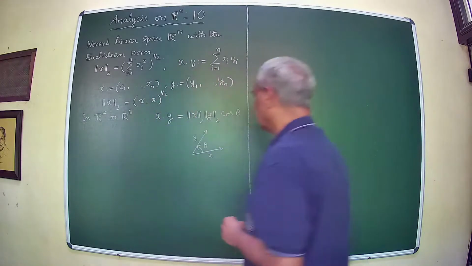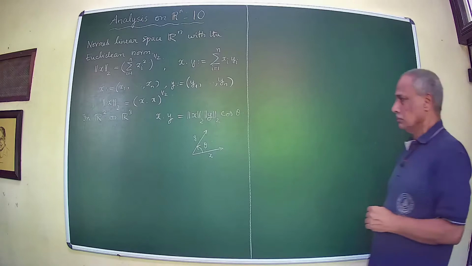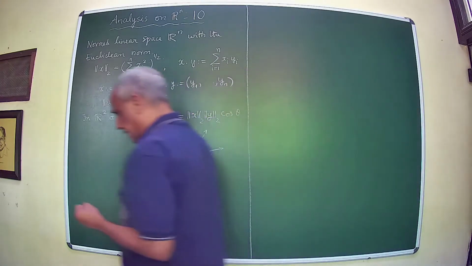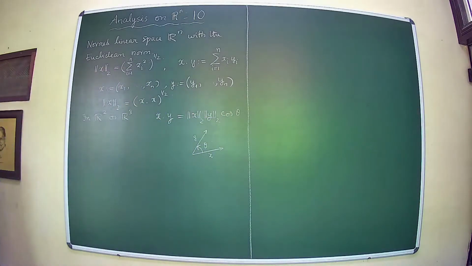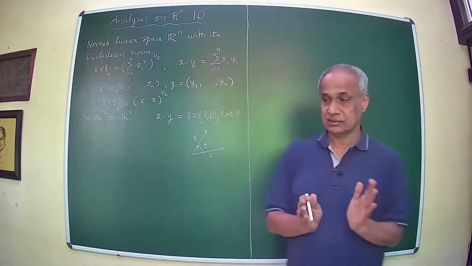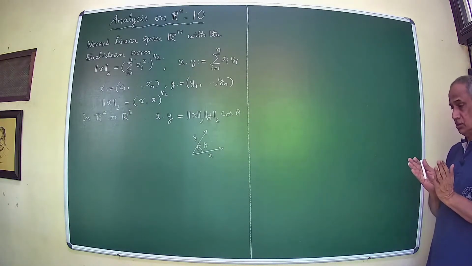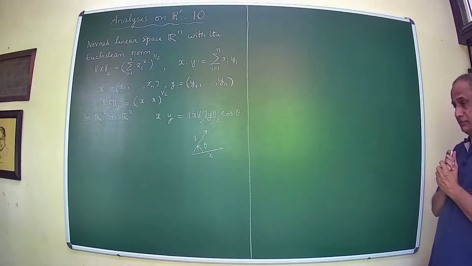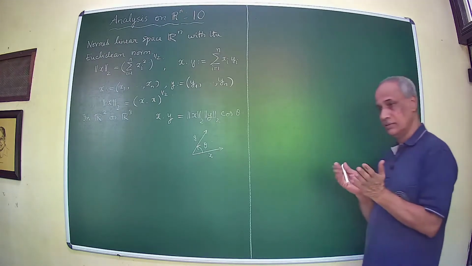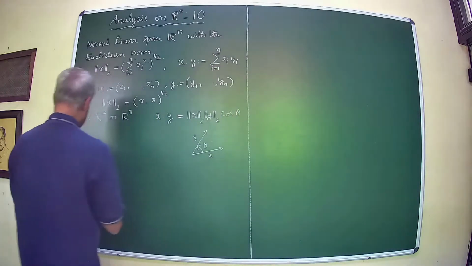X dot y is this. And that's a measure of the angle between the two vectors in the space. So it endows the space with a notion of length of a vector and also the angle between two given vectors. And in fact it gives you a distance notion,